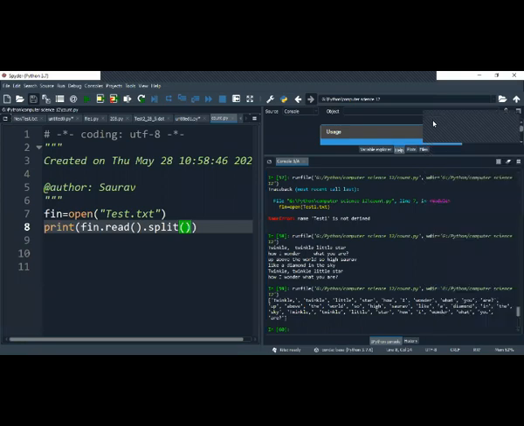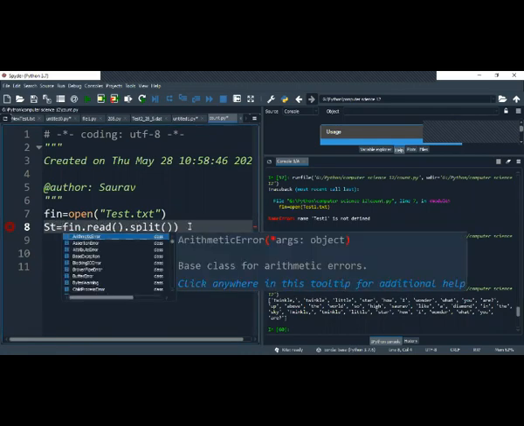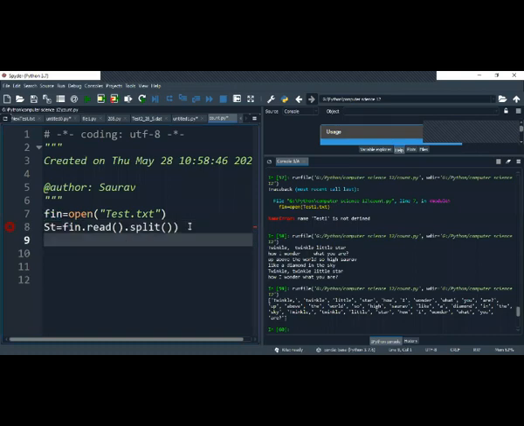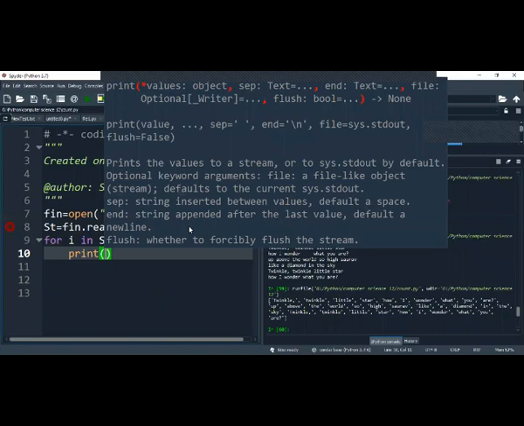When it is in list mode, can I manipulate it now? So here I am saving it in st equal to, correct? So here I am using for i in st. Print i.